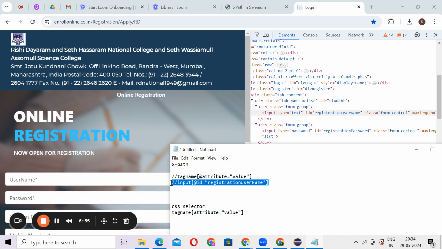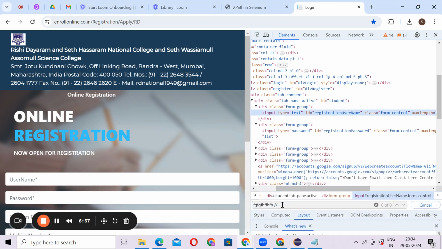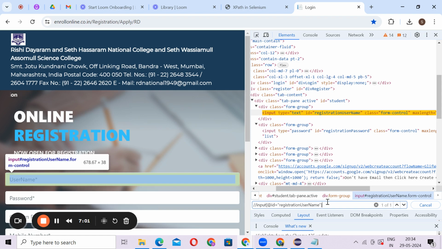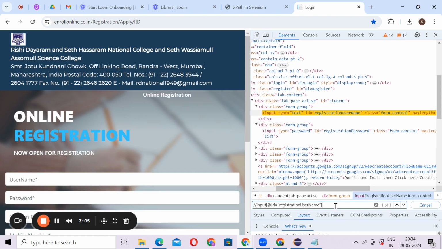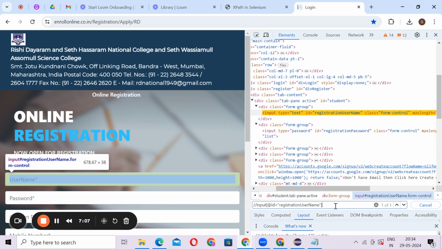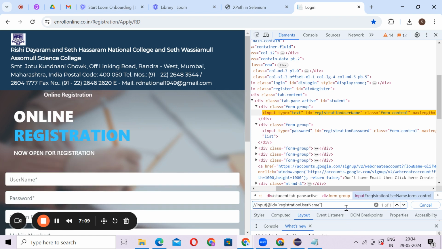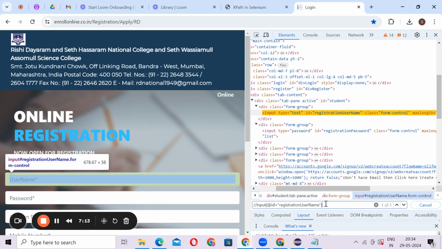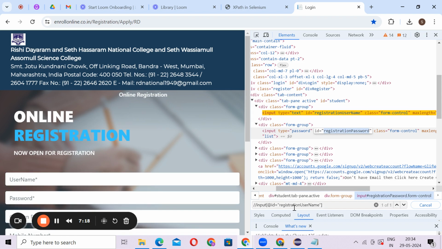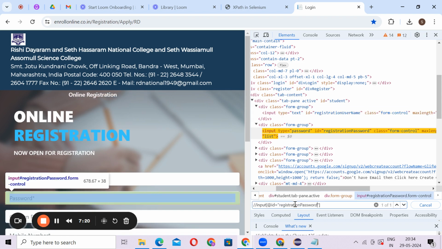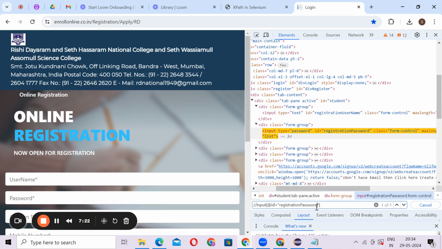Now just copy this, remove all of this, and type here. You can see it is highlighted orange, and if you press enter again, you can see on the left side this is highlighted now. Similarly, if you update this ID value in your XPath, see, password is highlighted.